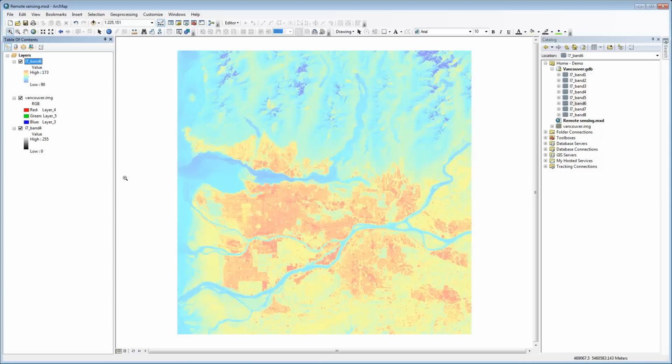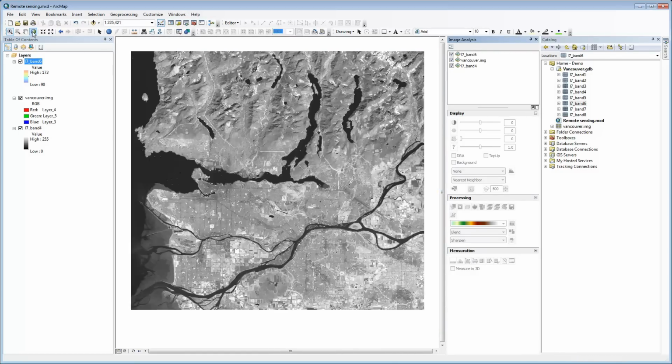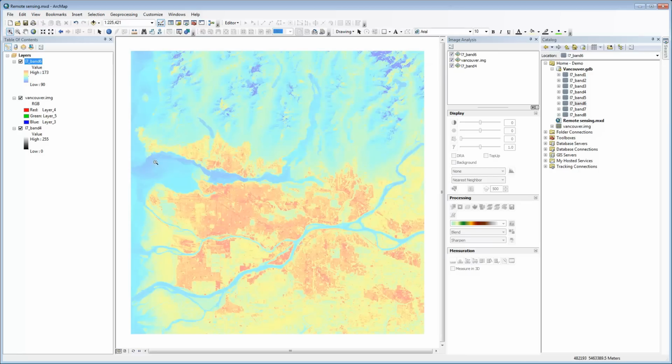So we can show images in different ways. We don't just have to use black and white. We don't just have to use a composite. Now, if I want to, I can open up the image analysis window, which is an amazing little tool that Esri has included in ArcMap. And for example, I can